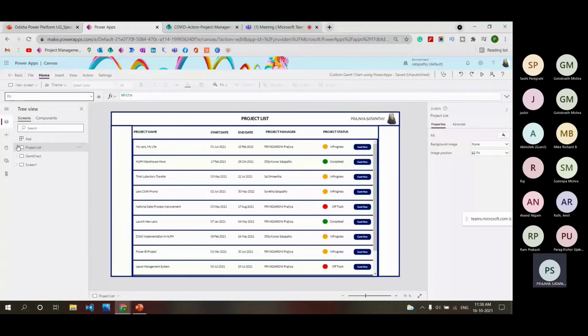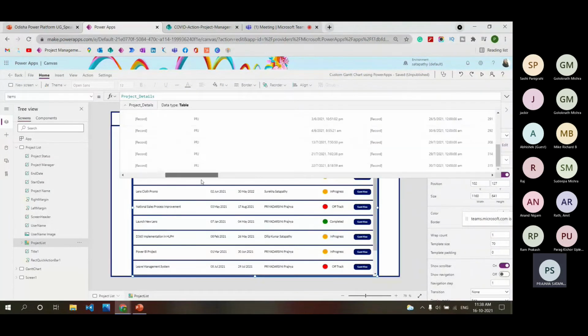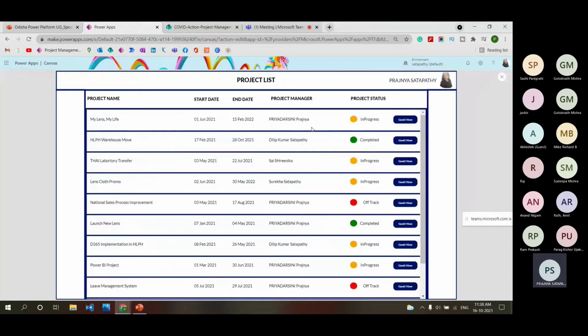This is also a gallery, connected with the project detail SharePoint data source, and I'm extracting the data from this SharePoint list, like the project name, start date, project manager, and project status. We can extract any data. And here I've given a Gantt view button. When I click on this Gantt view button, it will navigate to the Gantt screen.